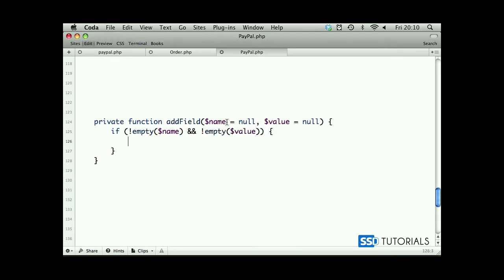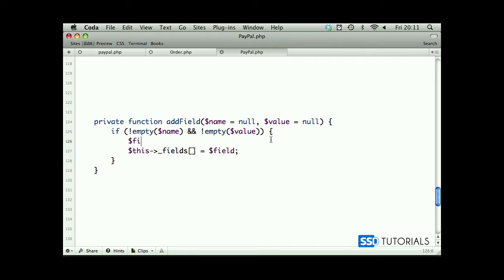Then we want this fields assigned to the fields array, the new input field. Actually, let's use single quotes because we're going to be using double quotes inside of this statement. So input type hidden, then we have name, which will be, let's actually do it like this, name. Then we will have, actually, do you know what, because it's going to be a little bit too long, we're going to